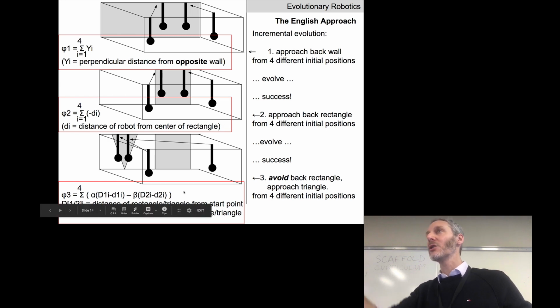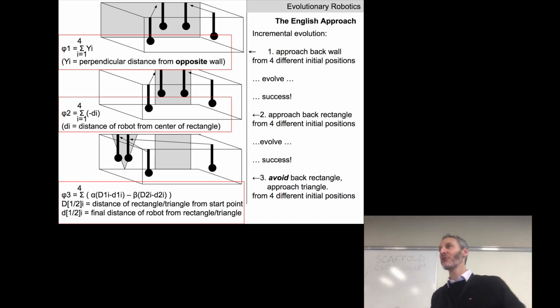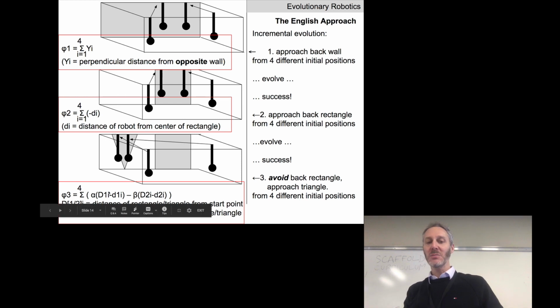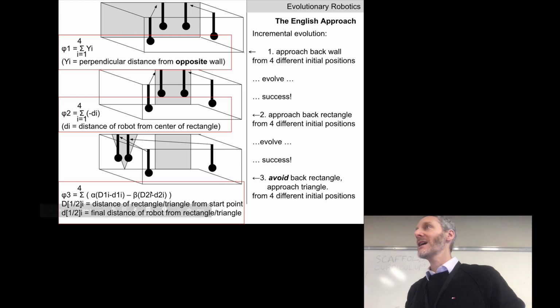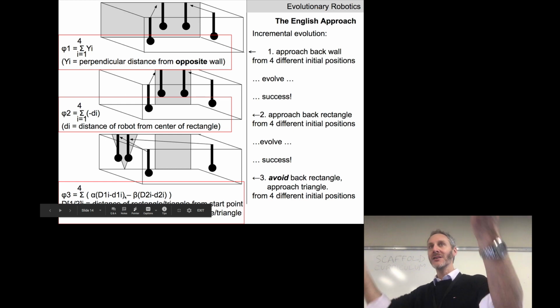Wherever we put it, it's going to try and go towards the triangle. If we put it right next to the rectangle, it'll skate the side of the rectangle and go straight to the triangle. It's not afraid of rectangles, right? We want it to be fearful of rectangles and love triangles, right? And by setting different values of alpha and beta, we can sort of weight the fear and aggression part of